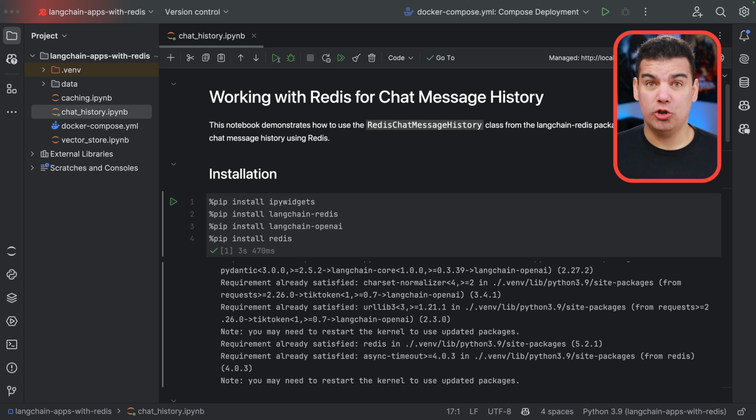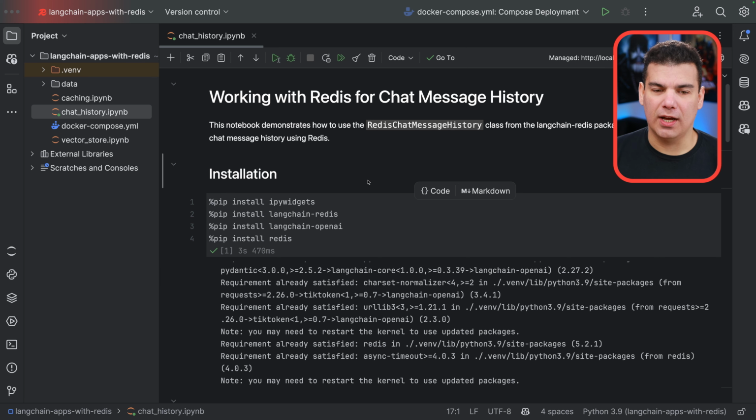Also, make sure to create the database that we're using throughout the series using the steps shown in the first video of the series, where I show you how to create a Redis database on Redis Cloud for free. So make sure that both of those steps are done before you continue to follow along with this video. As I mentioned before, this video is going to be about implementing the chat message history